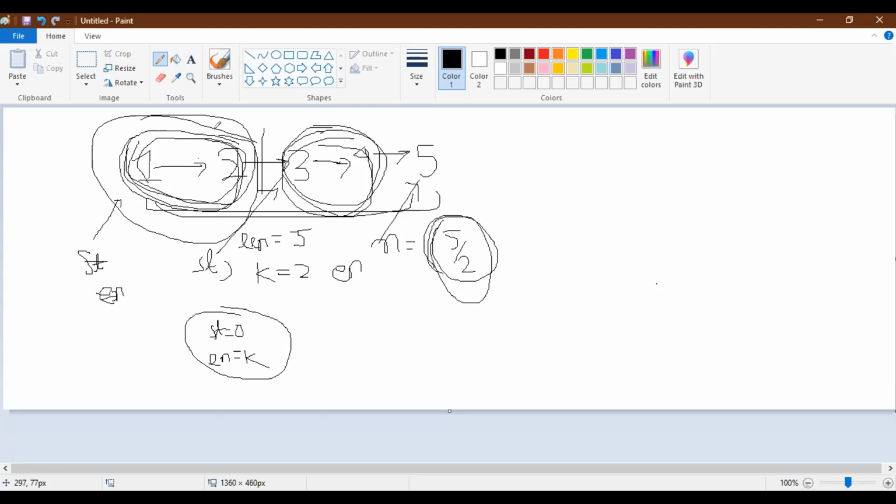What do you do for the last one, when you actually don't have to do any reversing, when you have just the node 5? I don't need to do that. After the first iteration, the linked list will be like this. Then after the second iteration, the linked list will be the same as the given answer.